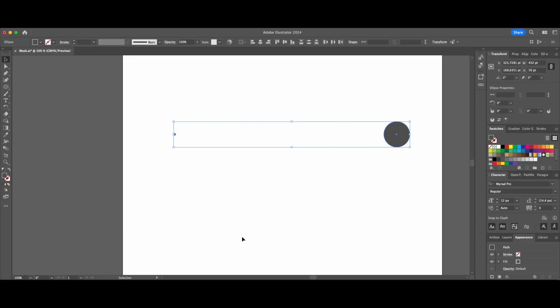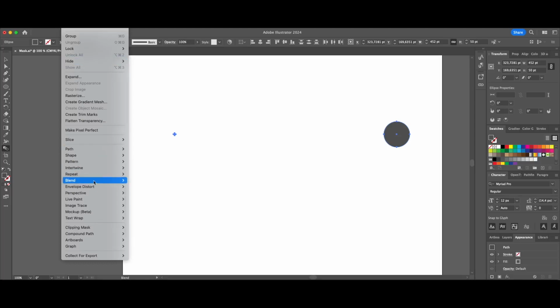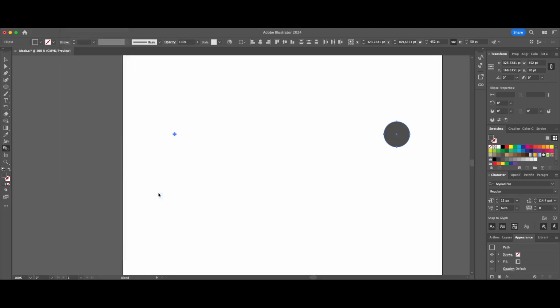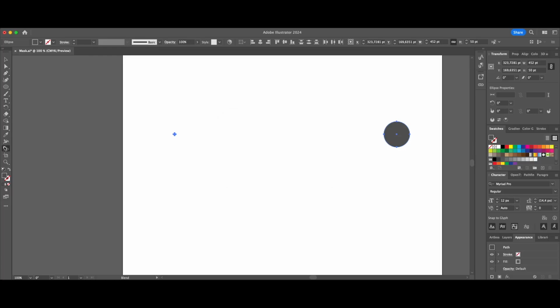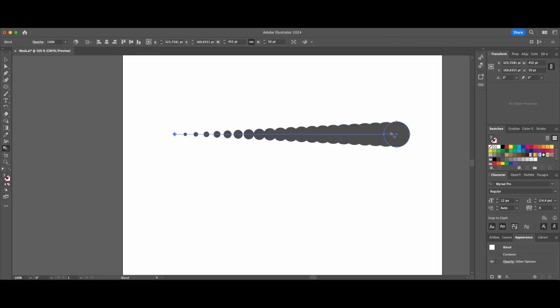And before creating the blend actually with the blend tool, I'm gonna go to object, blend, and blend options, and make sure specified steps is at 20. And I'm gonna create my blend,